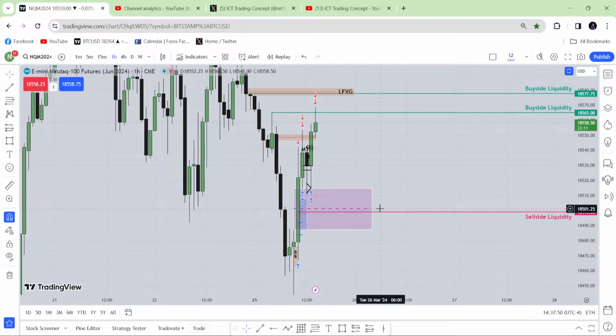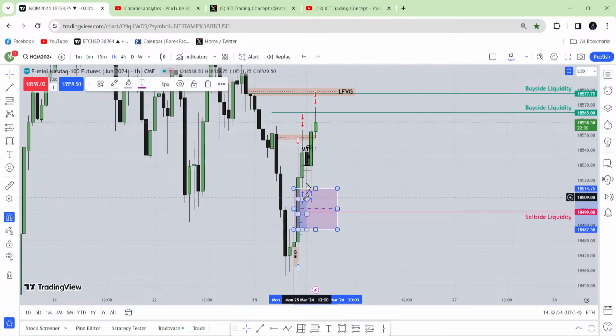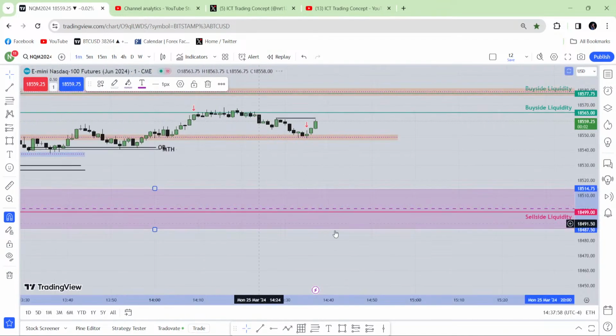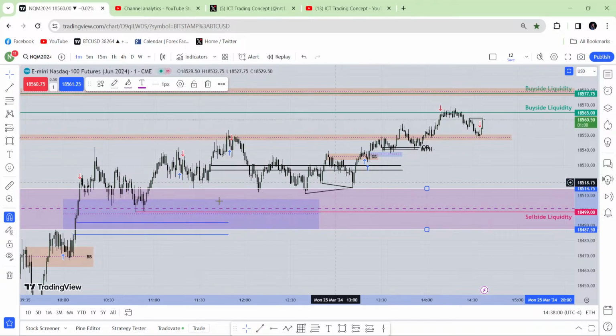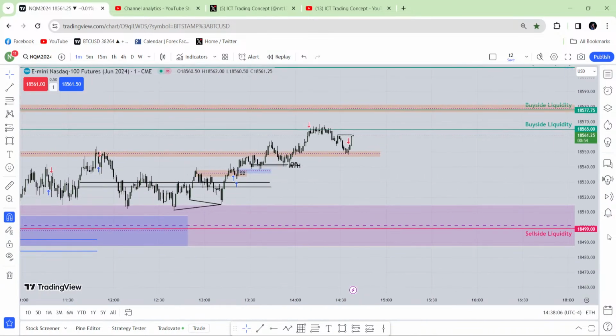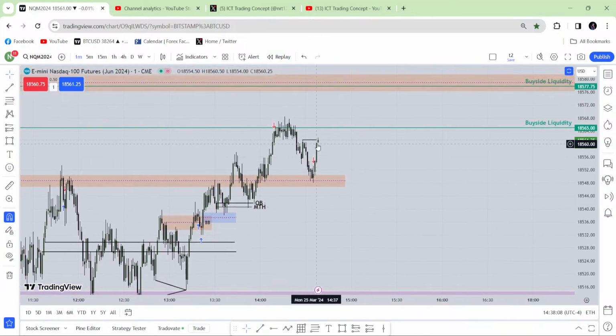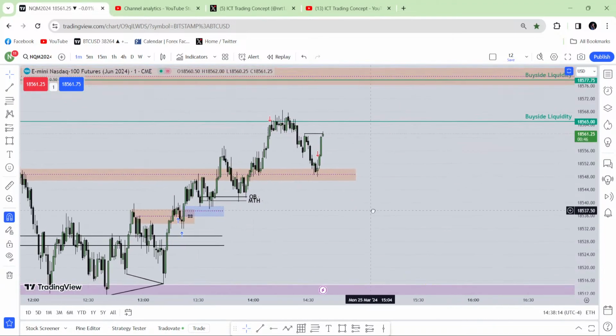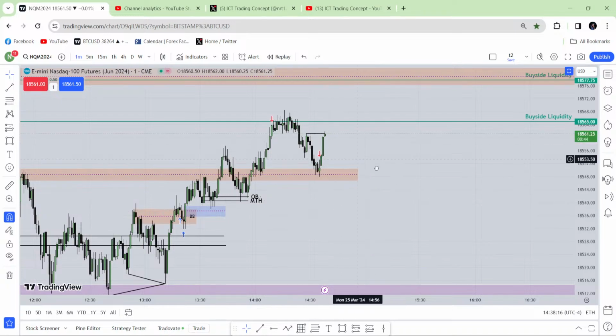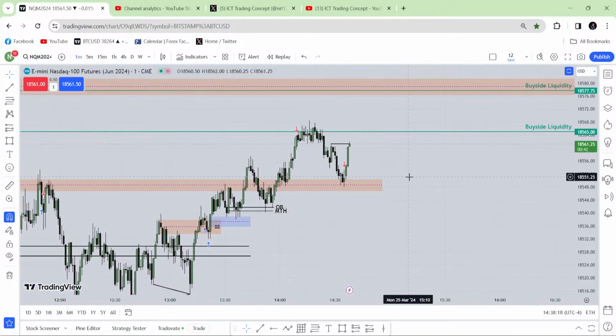So I'm not interested to take any kind of buy. Here the market has traded that hourly fair value gap. Remember, I marked that hourly fair value gap. It came to that hourly fair value gap, that's why I was confident to take the buy. Simple thing, brother. Over here it has traded that hourly fair value gap, so I was able to frame my trade from there. As I am extremely bullish and already profitable, I'm not interested to take any buy now, but that would be the entry.